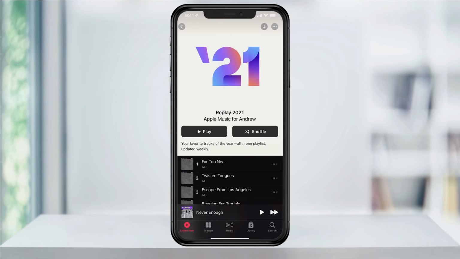We'll see if in the future Apple decides to add a social media story post like Spotify offers, but for now, this is our only option. And that's how you find your Replay 2021 inside of